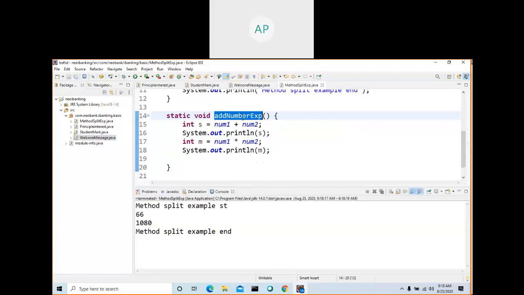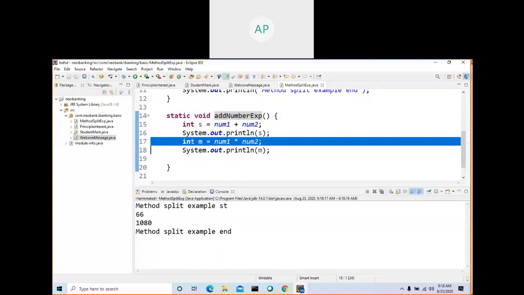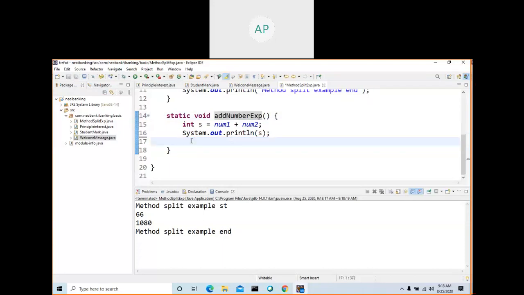So the method name should be meaningful. Anything you write is okay, control it. But is it right when you call, when you add and multiply? So if you want, then you go according to your logic. Whenever I want to do the two functionalities, whenever I call this method, then you write all the logic here. Even divide also. This is not the right way. Either you want to add, you want to multiply, or you want to divide. So this will be the functionality.